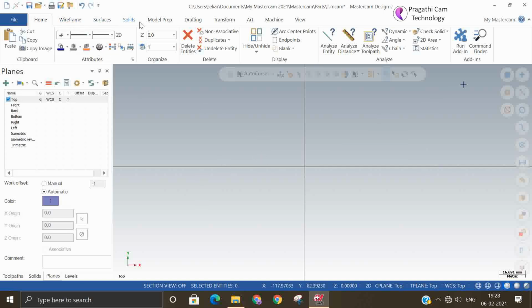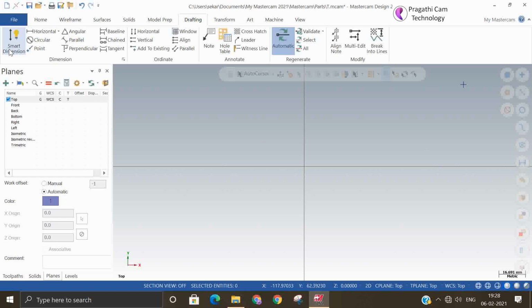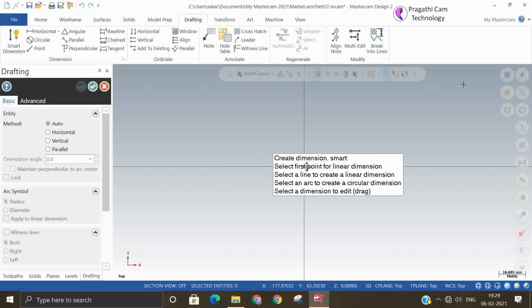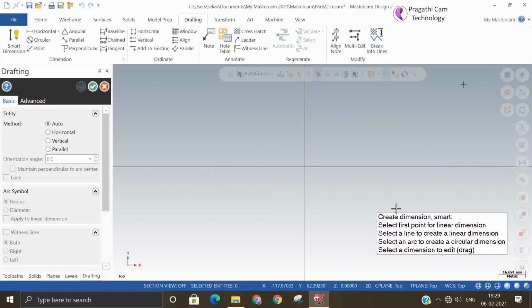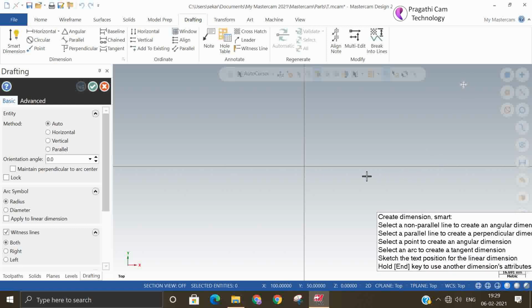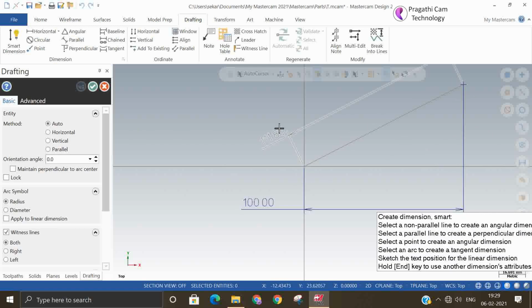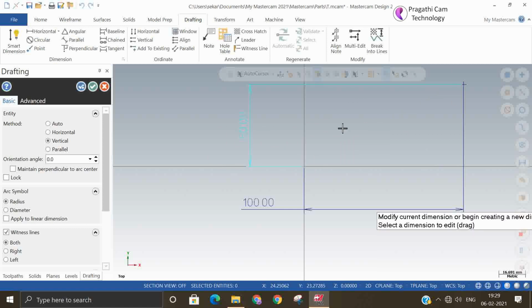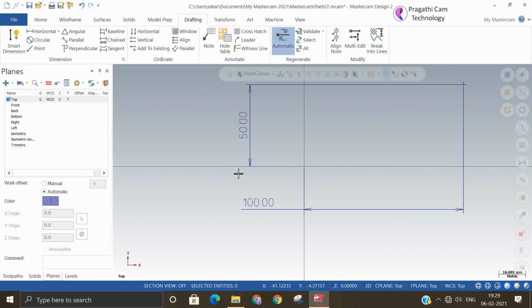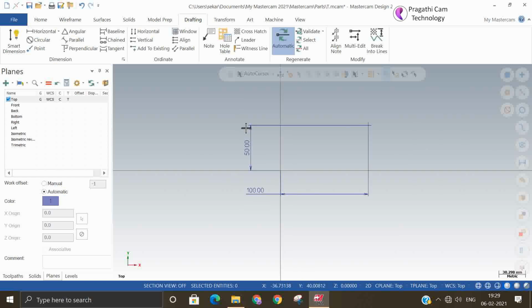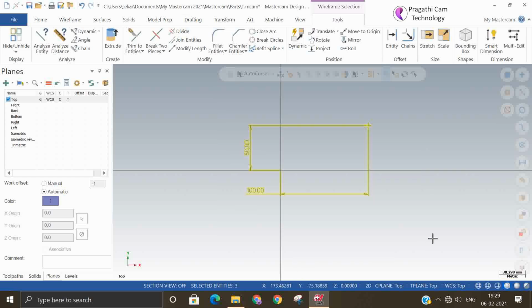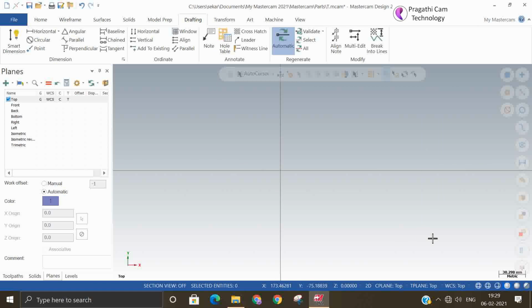Otherwise you can go directly in drafting and select both the x position and y position, the x distance and the y position. So like this, if you want an exact distance, an exact position, then you need to use the fast point option.